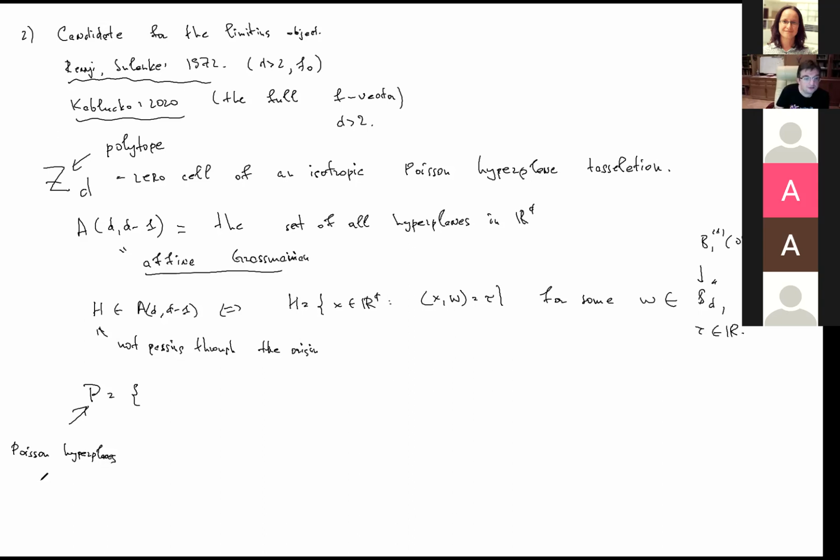Hyperplanes process is a countable collection of hyperplanes such that if we take a representation of this H_i in this form with omega_i, tau_i, then